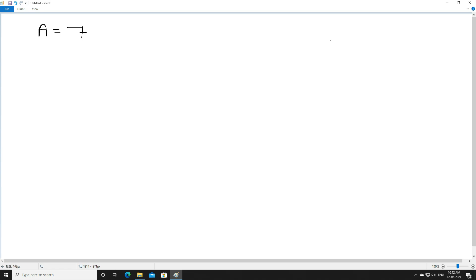Here we have a equals 7 and here we have b equals 9. Okay. Now let's look here. When you write a++, increment is done, isn't it? And when you write ++b, even in this case, you will find increment is done. But what is the difference? This is called post-increment, meaning afterwards increment. This is called pre-increment, that is before, right? How are they different from each other?